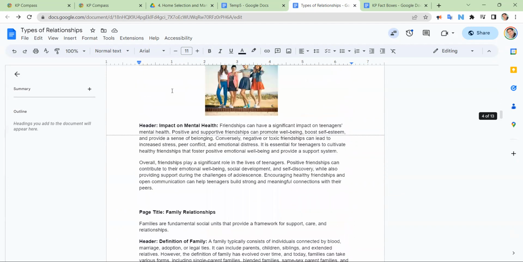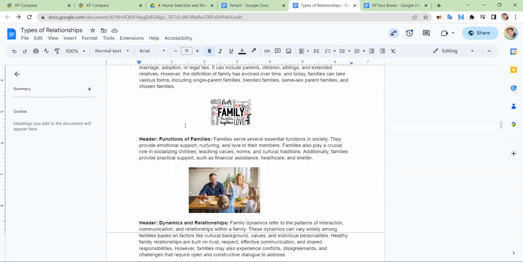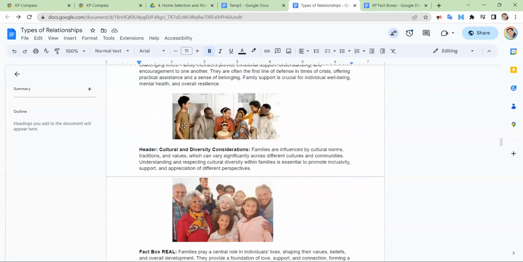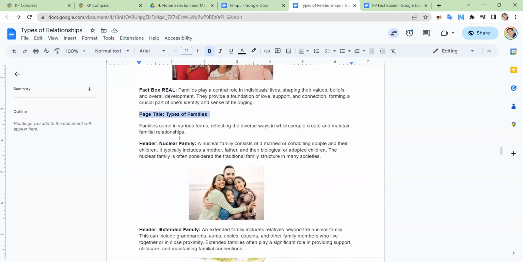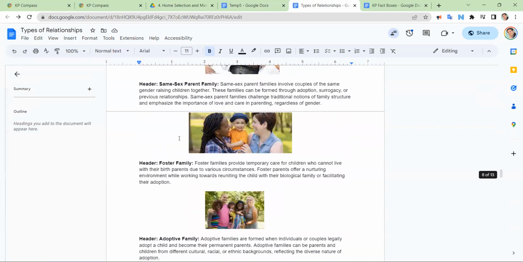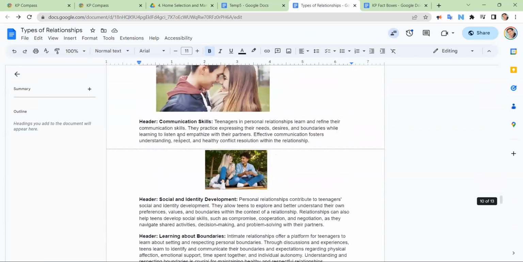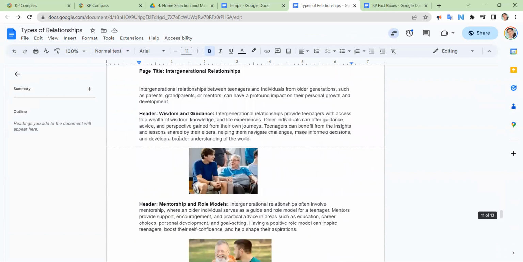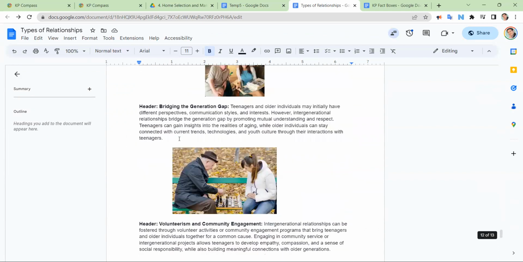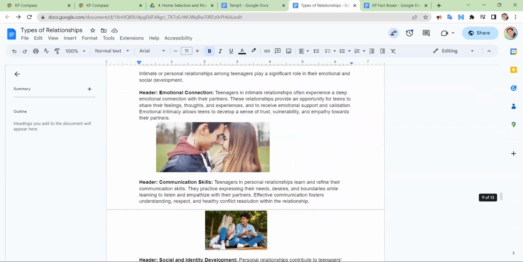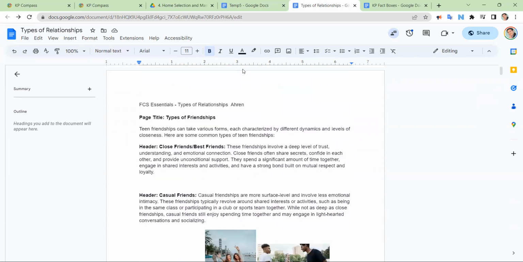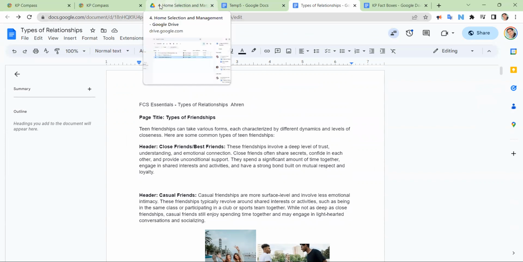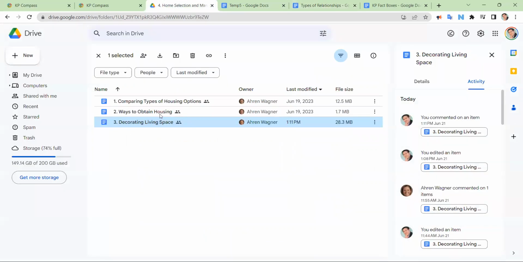So we just scroll down here and we have family relationships as a new page. Here's the content for that page. Then we have types of families and so on and so forth. So this is a very well-defined and designed page of content that is ready to be imported into our platform. Now, we don't have this one imported because it's slated to be imported later today. It was just done. But I will show you one that we did earlier this week, done by Aaron on